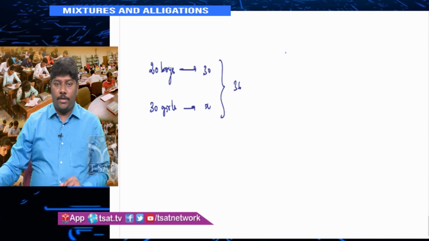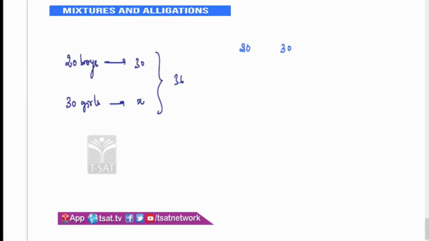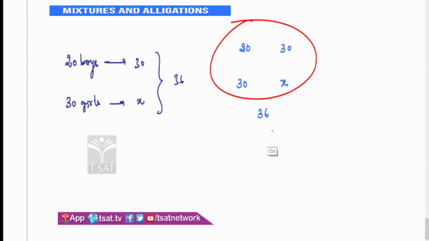So what do we do here? We'll try to use the formula N1D1 = N2D2, with 20 and 30. First case, the average of 20 boys is 30. This is x. Now the combined average is 36. Now what is missing? Here I can clearly say A2 is missing. I want the average of the second group. If A1 and A2 are missing, then you can always find it by using N1D1 = N2D2. If any of these four is missing, you can always use the formula N1D1 = N2D2. If capital A is missing, you don't need to write it like this. You can use (N1A1 + N2A2) / (N1 + N2).